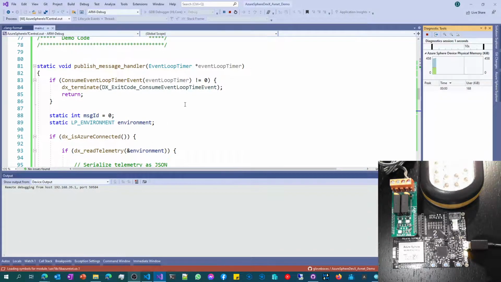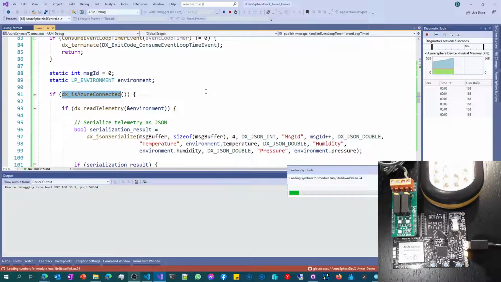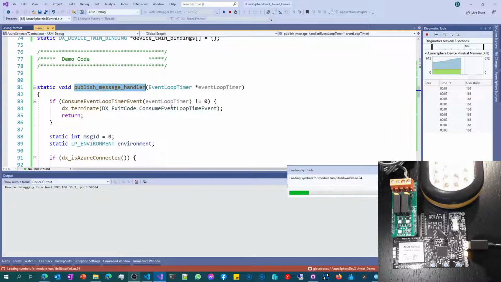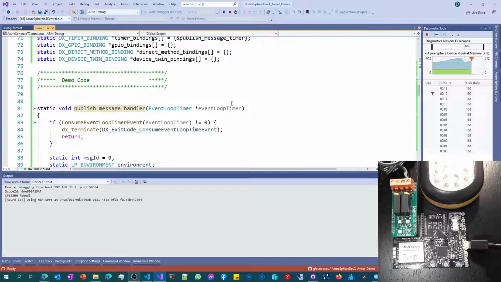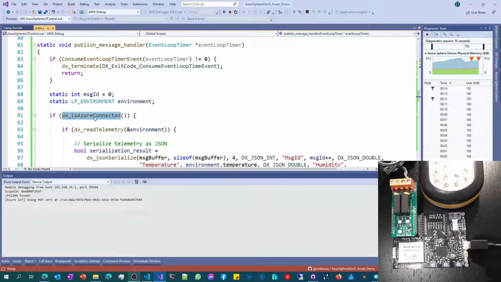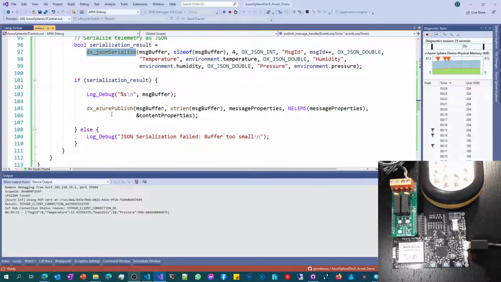Okay, so that application has now been deployed and the debugger is going to be connected in a moment. So the first thing this callback function will do, so remember this is publish message handler, which is going to be called by the timer when it fires every 2 seconds. First thing I'm going to do is check, am I connected to Azure IoT Hub? If I am, then I'm going to go and read the data. Then I'm going to serialize that data into a JSON string, and then I'm going to publish that JSON string